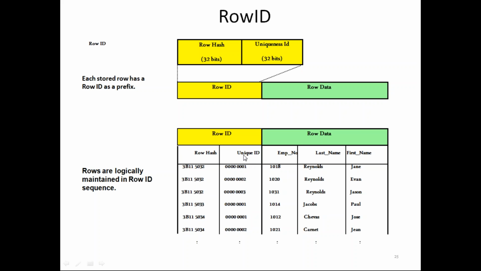Because of the uniqueness value, which is incremented by 1 for each regeneration of the hash value. For the first-time generation of this row hash value, the uniqueness ID is 1. For the second time generation of the same row hash value, the uniqueness ID is 2, and for the third time it is 3. And when we have a new index value, it generates a new hash value and the uniqueness ID is 1.